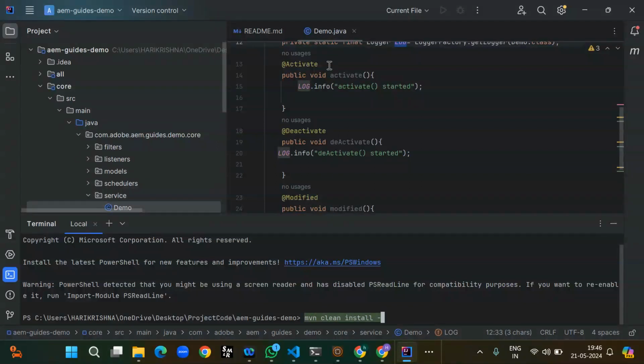I don't want to deploy the entire project. Deploying the entire project might take around 4 to 10 minutes, because it deploys all the front end and back end modules. Instead, to deploy only the backend, we have the command mvn clean install -P